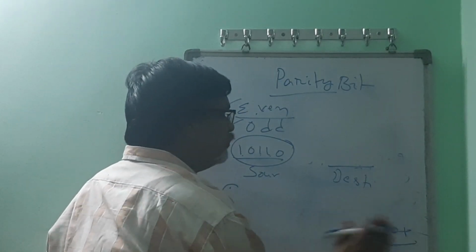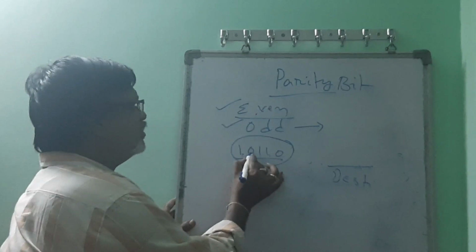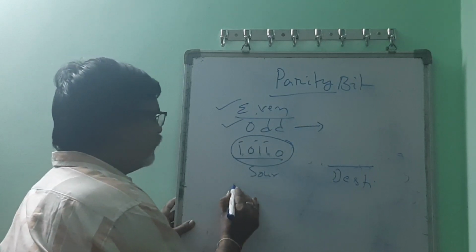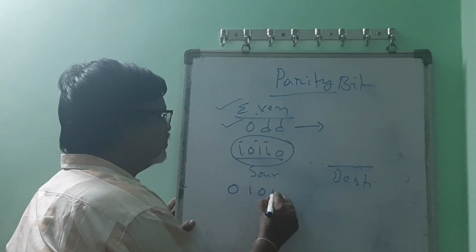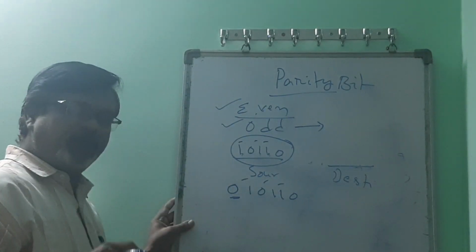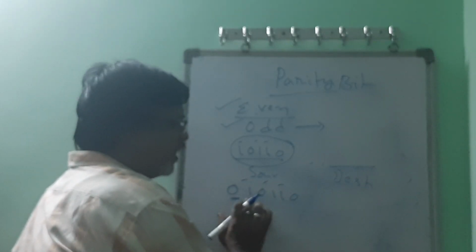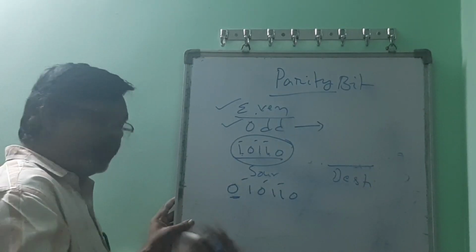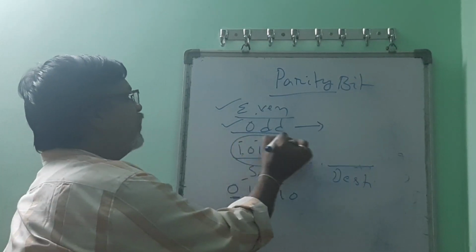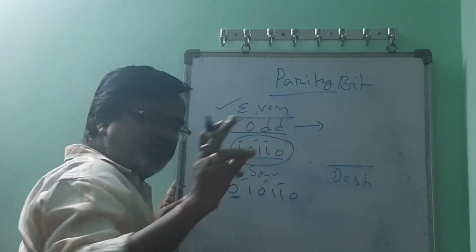Say, for example, if we are following the odd parity method instead of even parity, here it is 10110. In this, the number of ones is 3, which is an odd number. So the final data after padding is this only. We add 0 here, so that the number of ones is odd. If the destination also receives the data with an odd number of ones, then it will consider it correct data, because it knows very well that we are following the odd parity method.